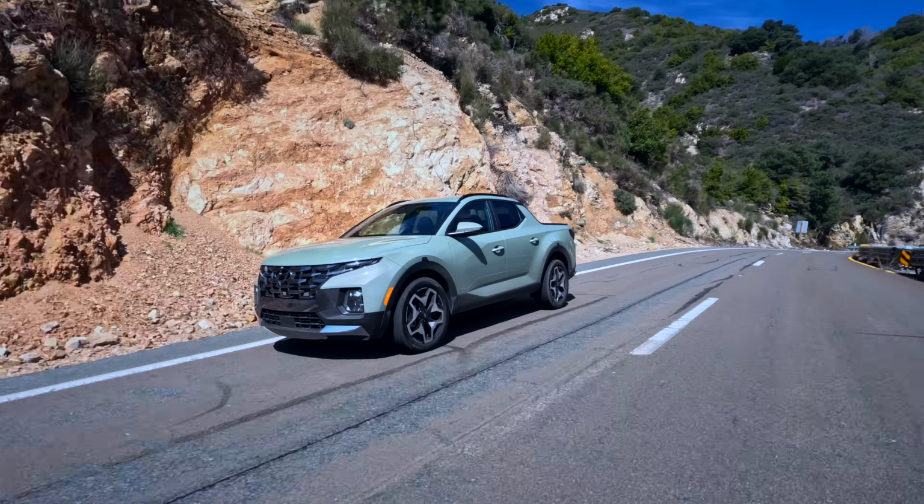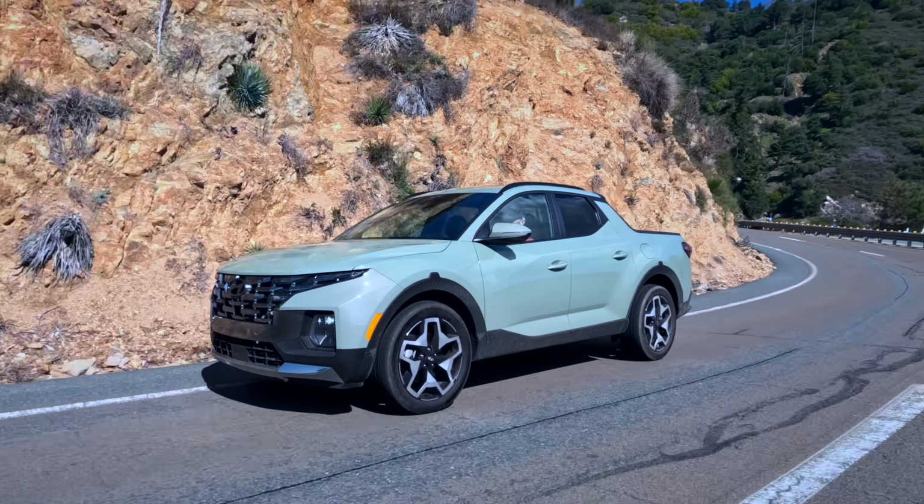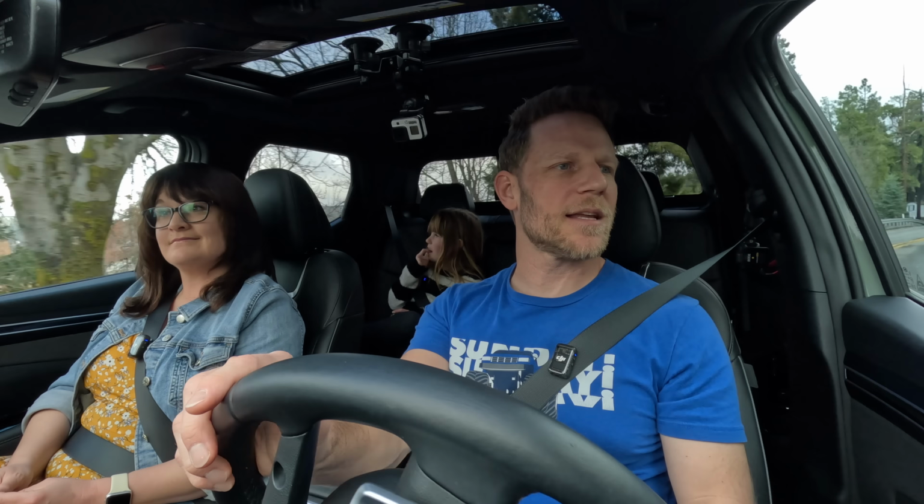We have an independent rear suspension. It's also self-leveling. There are reasons for pickup trucks to have a live rear axle, but along with the resilience that you get with the live rear axle, you do have ride quality implications. This thing rides better. For power, we've got a 2.5 liter turbocharged engine, and as I come onto this straightaway,